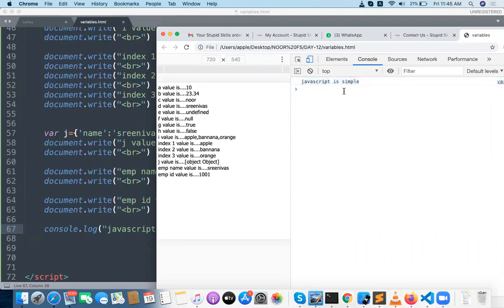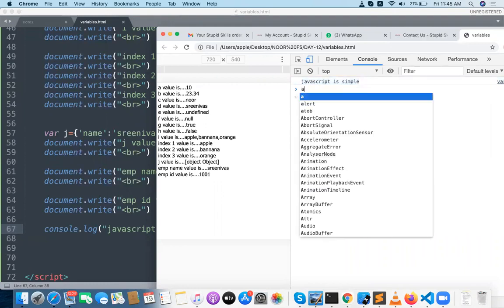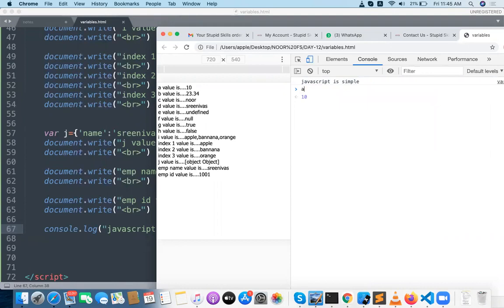From the JavaScript console, I want to access the A value, the B value, the C value, the D value, E, F, G, H, I and J values.